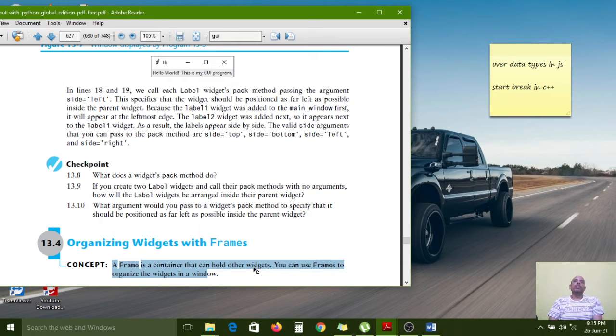After that we need to create the frame. More than one frame also we can create. In those frames we place some widgets. Each and every frame may or may not contain some widgets. As per our requirement we can create the widgets.